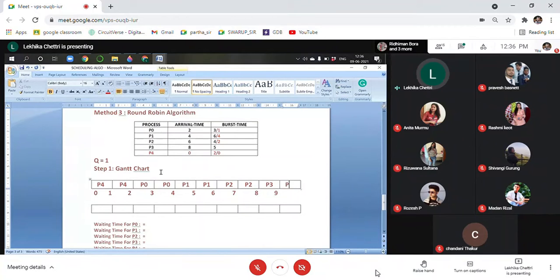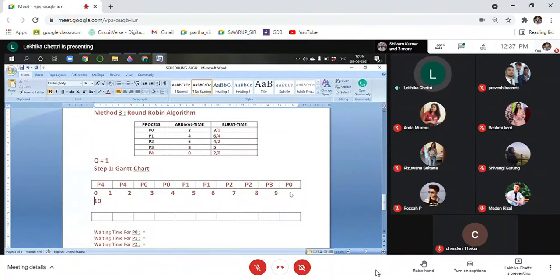So we go to P0. Is P0 still there in the ready queue? Yes, P0 is still there in the ready queue with time unit 1. Okay, so we write here now P0. Now P0 has come into the CPU. It gets the quantum time 1, so the quantum value is updated to 10.